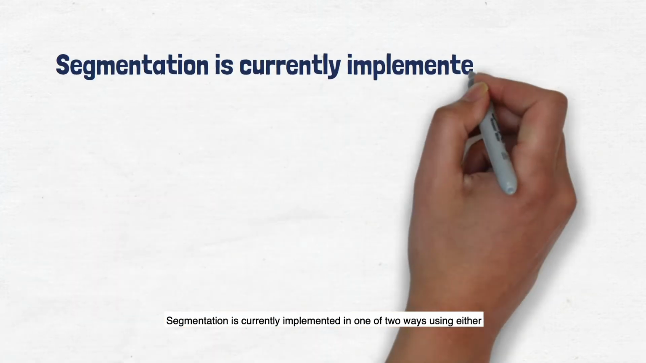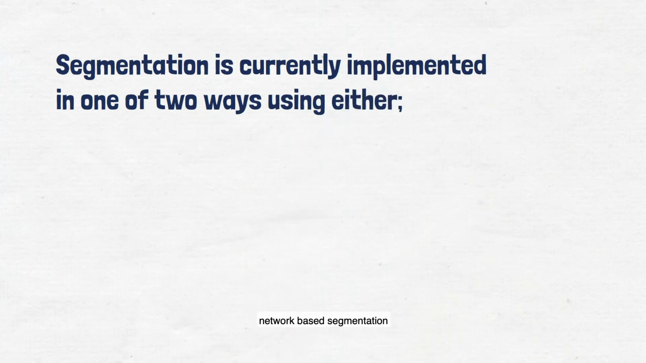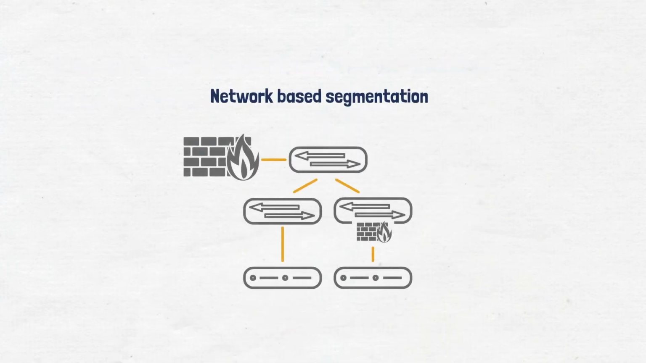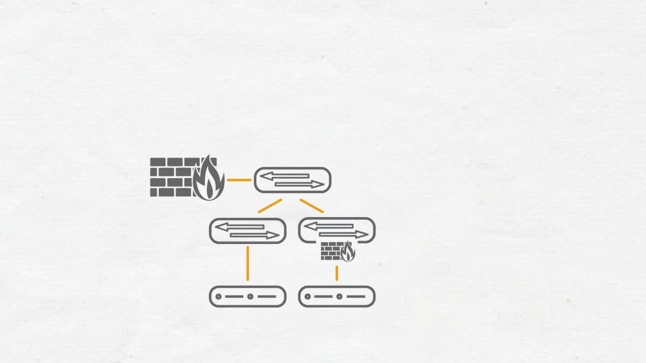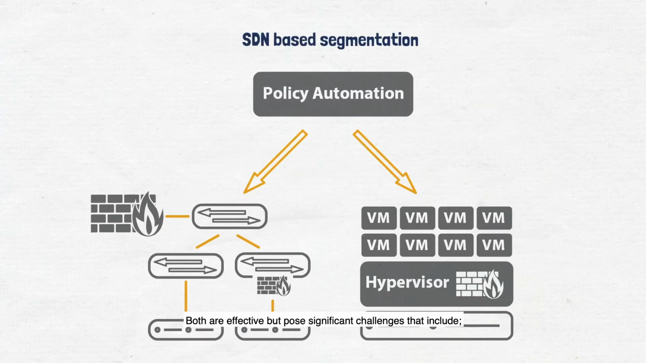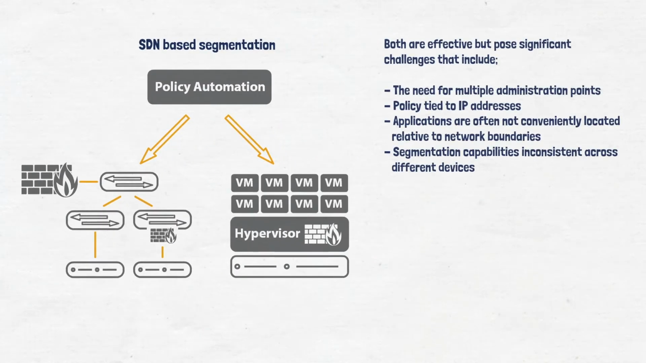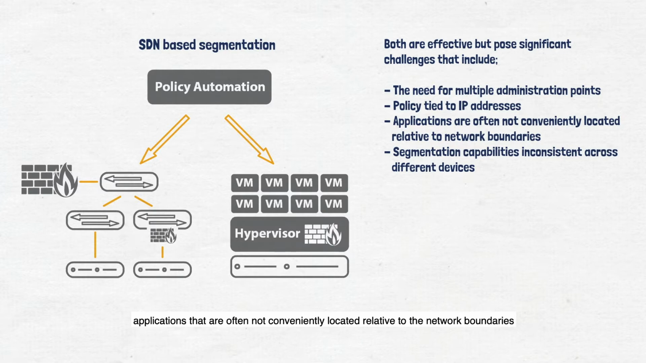Segmentation is currently implemented in one of two ways, using either network-based segmentation or SDN-based segmentation. Both are effective, but pose significant challenges that include the need for multiple administration points, policy that is tied to IP addresses, applications that are often not conveniently located relative to the network boundaries, and segmentation capabilities often being inconsistent